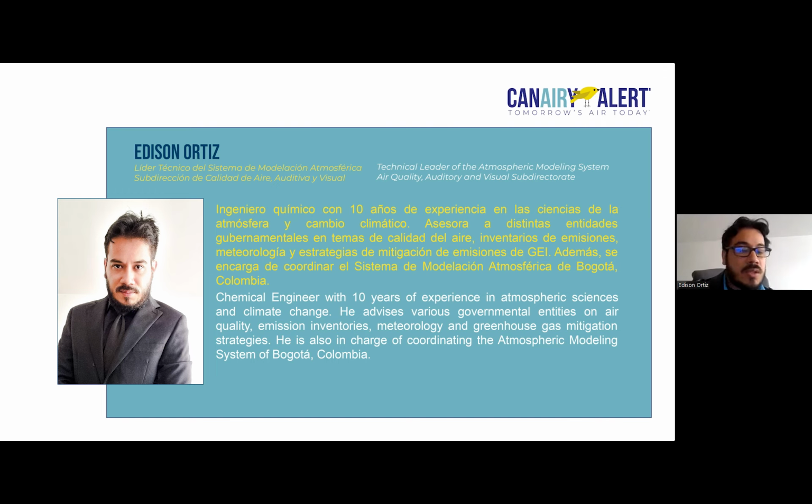Now, about future challenges, well, integrating with climate change methodology so that we can have an actual integrated inventory with greenhouse gases, and also to coordinate efforts with environmental entities or agencies around Bogota, so that we can have a more detailed inventory at a regional level, so that we can then improve our systems for forecasting air quality. I hope that I was able to answer the question, George, and well, to all of the participants.